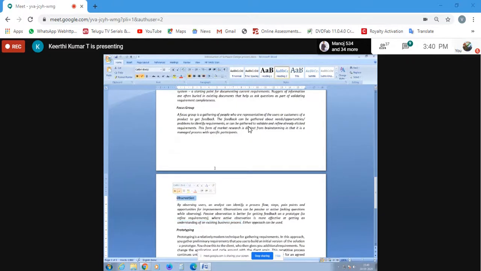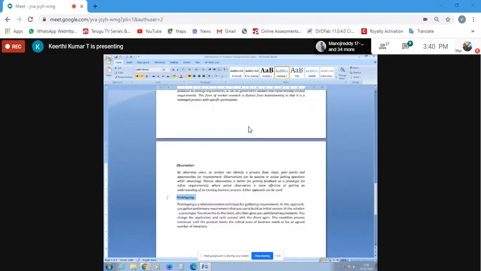Next, focus groups, document analysis, and prototyping. This prototyping related to requirement illustration is completely different from the prototyping model explained before. When somebody says, we as an organization are conducting a prototyping model of the requirement illustration techniques, you just have to think that he is going to give a sample of his data. If he has his own project, he's not going to give you the whole thing.